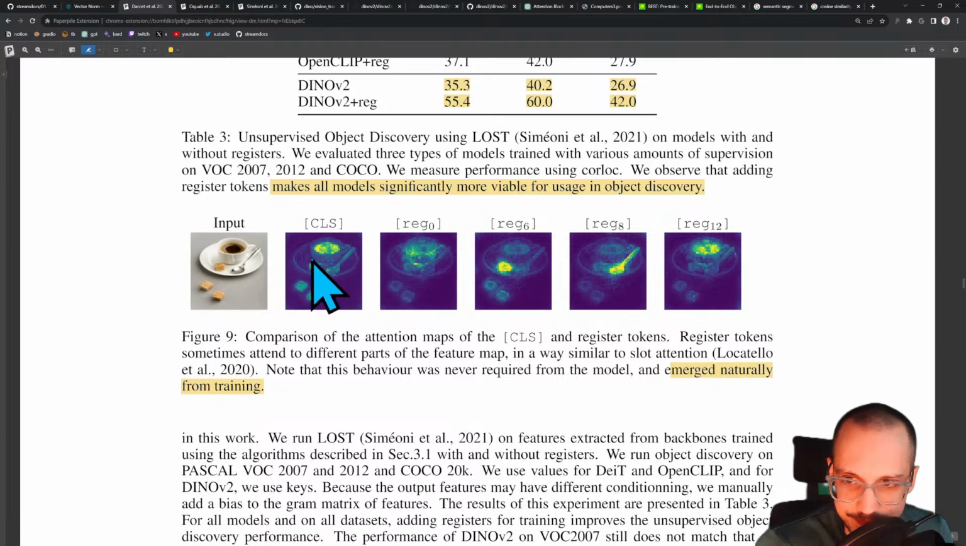So look at that. The class token obviously represents the coffee and the sugar cubes, but then each of these different registers is representing different concepts. This one seems to be representing the cup. This one represents the cube specifically on the plate. This one represents the spoon. This one represents the coffee. I call them pseudo class tokens, but they're almost like